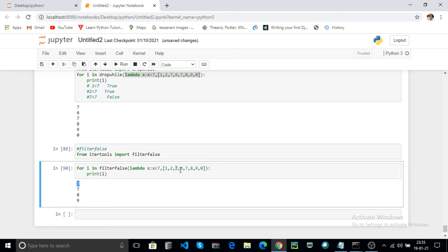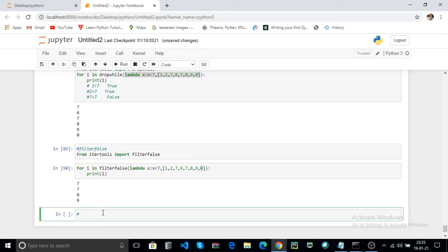The next item, 6 is less than 7, the condition is true, 7 less than 7, the condition is false, and it prints in the prompt. And 8 is less than 7, the condition is false, so 8 is printed. And finally 9 is printed, and 0 is less than 7, the condition is true, then it is skipped.